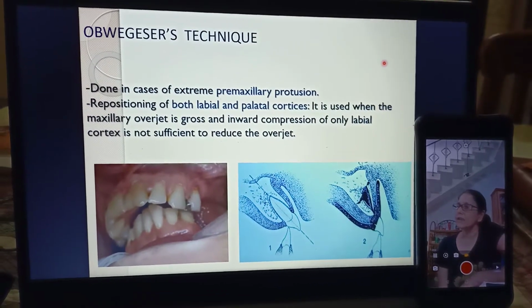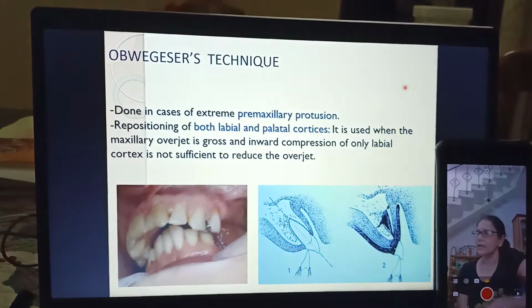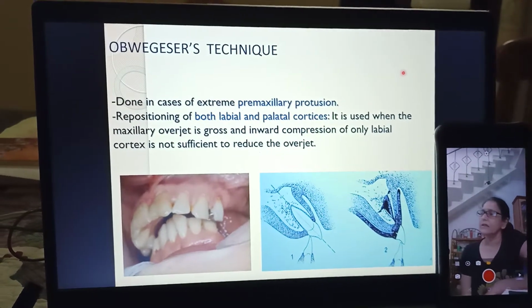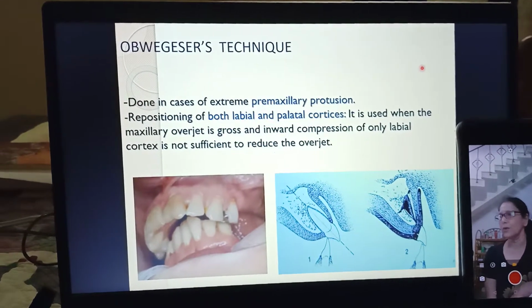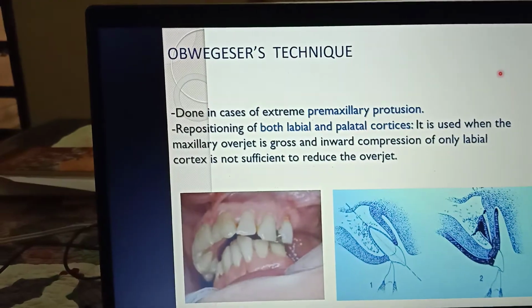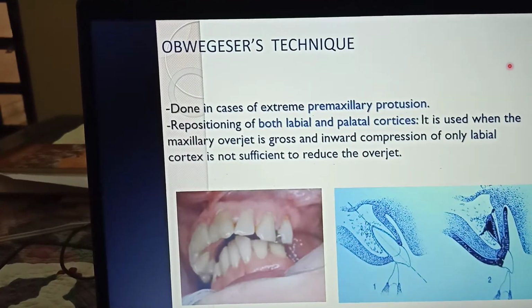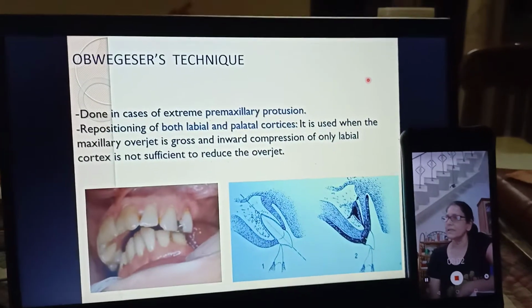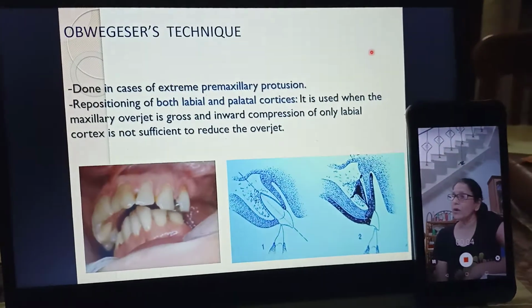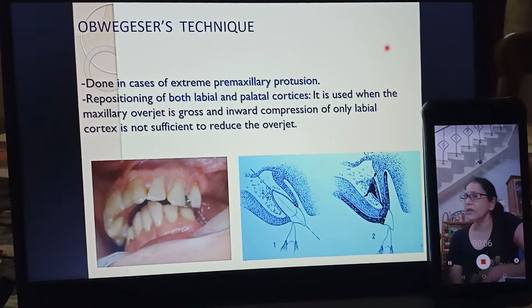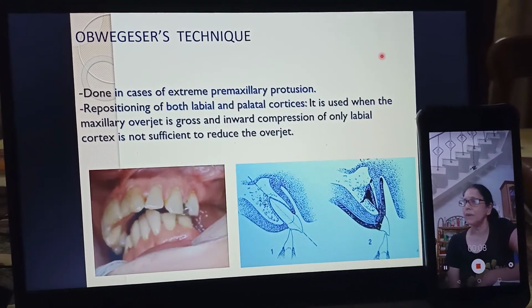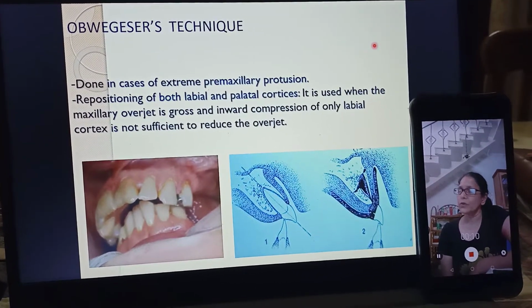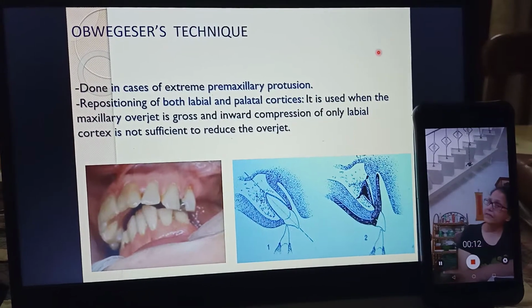The second type is Obwegeser technique, that is Obwegeser complex alveoloplasty. Now, if it is extreme premaxillary protrusion, then Obwegeser technique is indicated because it allows the repositioning of both labial and palatal cortices. So you saw in Dean's technique,